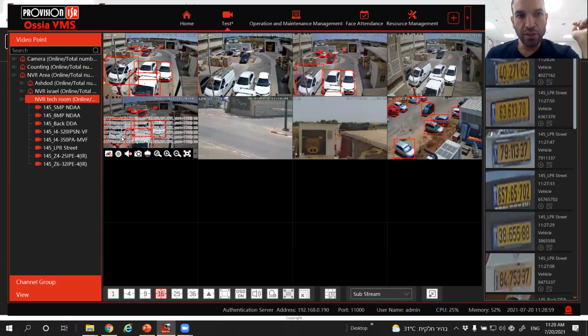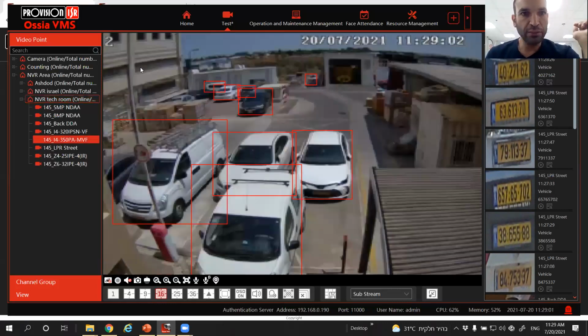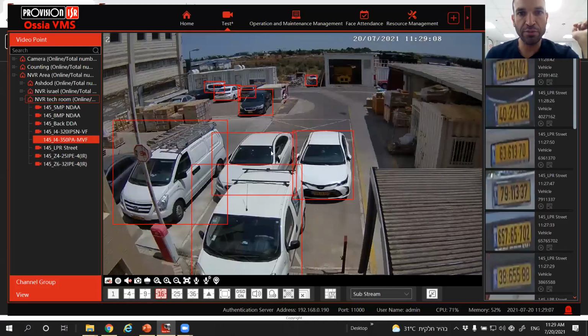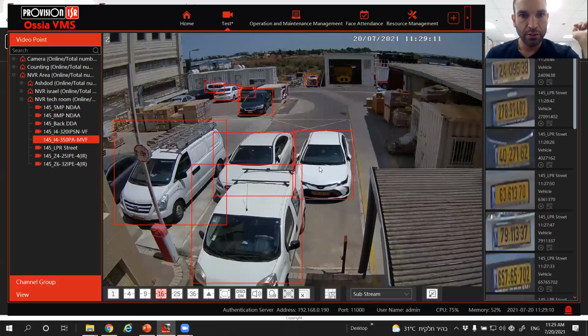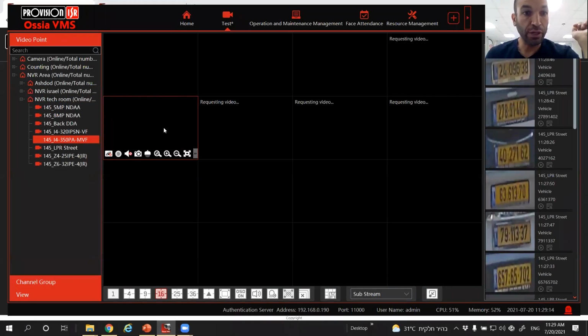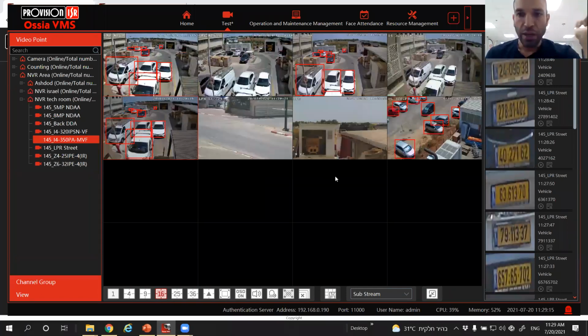By the way, what you see here on the bottom left looks weird, but it's actually POS. We have some device running POS. Now it stopped, but you can see it. I could see it here on the substream. Anyway,